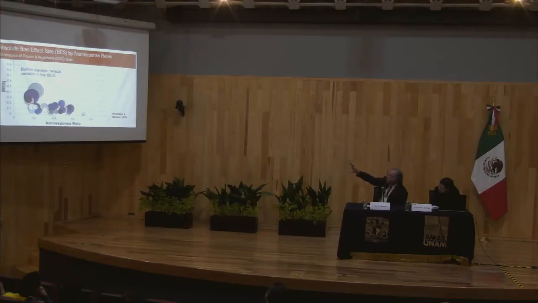The larger bubbles are for the lower values and the smaller bubbles for the higher values here. So again, there is some evidence using this particular metric of a variation going on depending upon the response rate. Larger effect sizes occur for lower non-response rates. This tells you the story: respondents and non-respondents tend to differ more when the non-response rates are low.